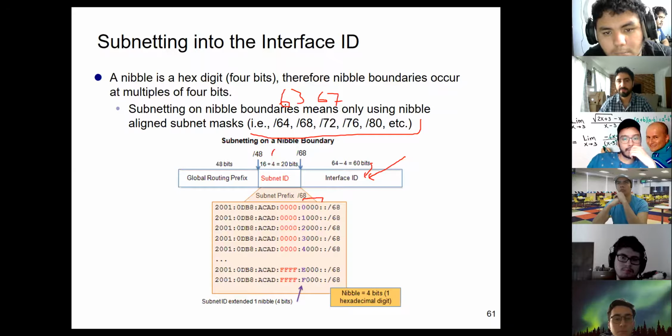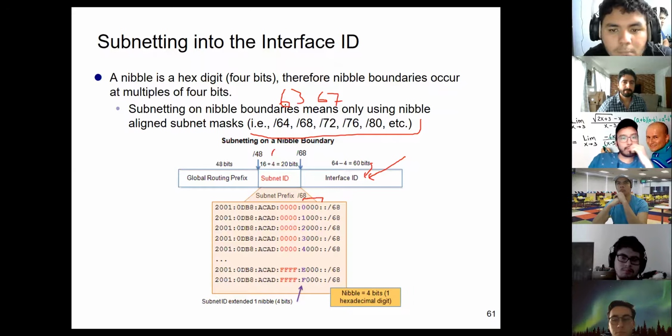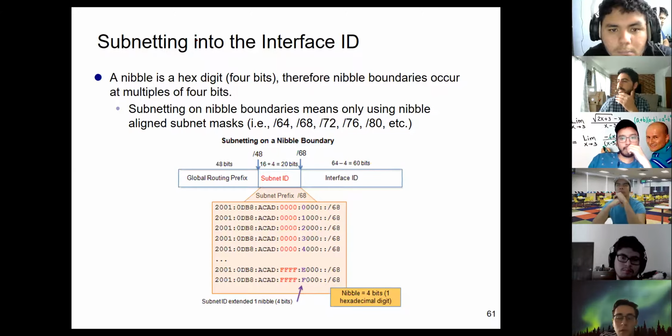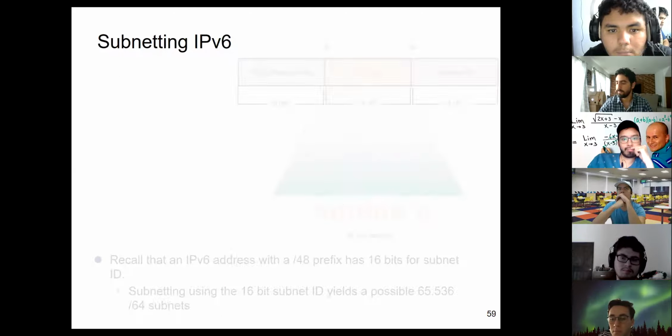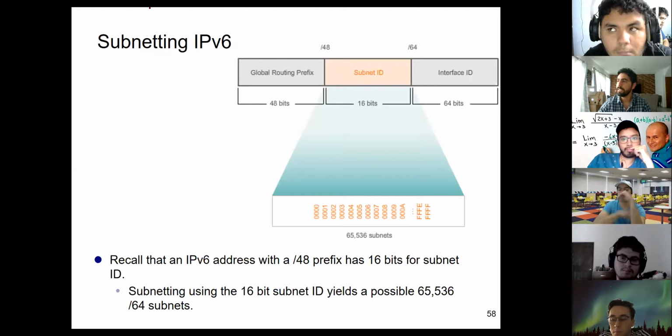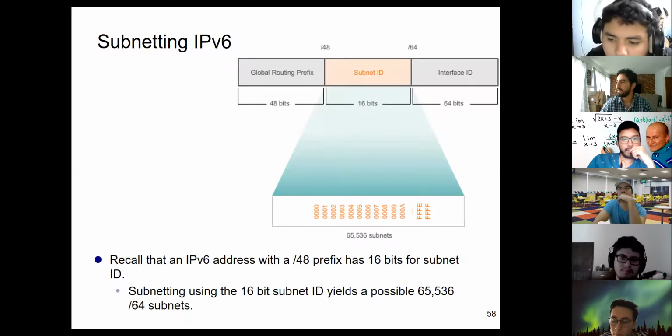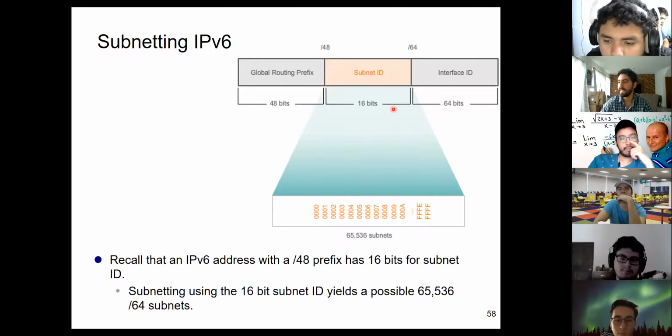So it's much more straightforward when we're talking about IPv6 subnetting. Usually we just consider this 16 here. This one is the most clear one. Usually this is the part for subnet ID. Most of the time we don't even need to borrow any extra bits from the interface ID. The number that we have in the subnet ID is just enough, as we can have 65,000-ish subnets.